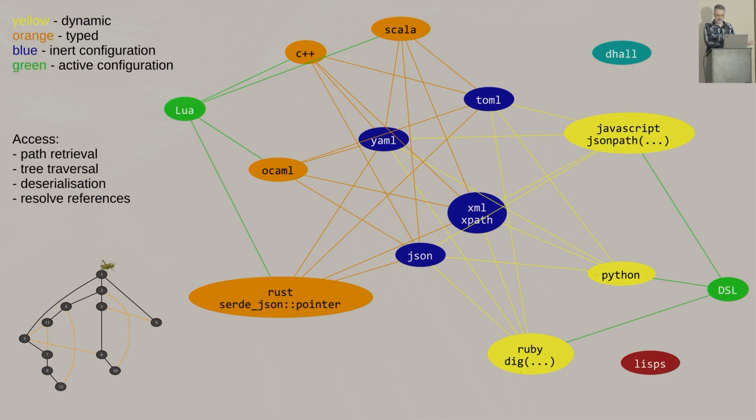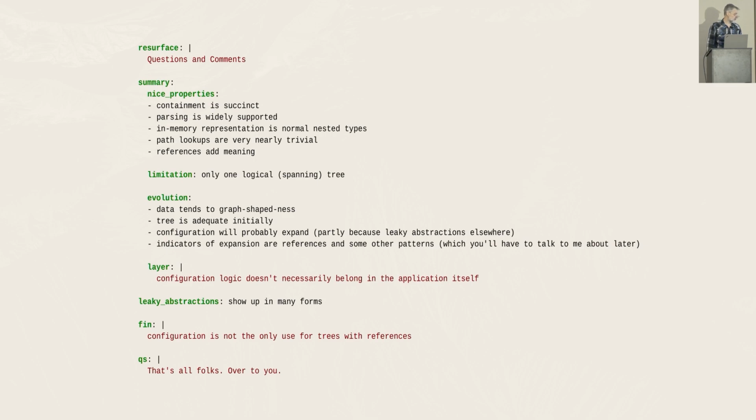And of course, then there's deserialization into your own set of types. And ironically, that seems to make the path traversals and the tree traversals harder. Or it kind of shunts the tree traversals into the type system itself, which is not great sometimes, but it's kind of ironic. Then the last one is over here. JSON has a pointer function, which is basically an implementation of JSON pointer, which is exactly this tree path retrieval. And that's basically it.